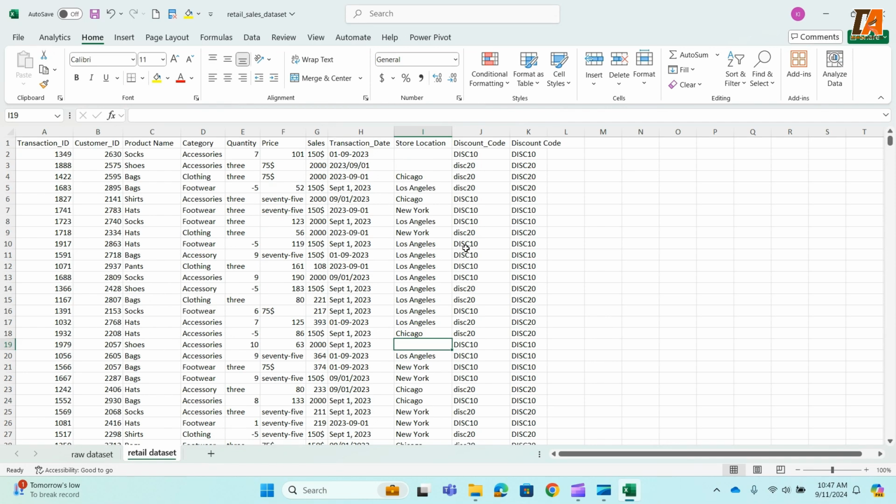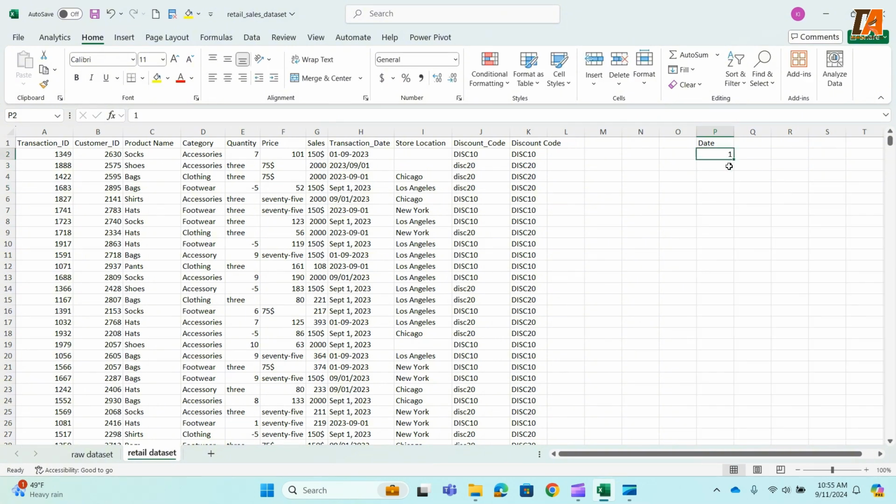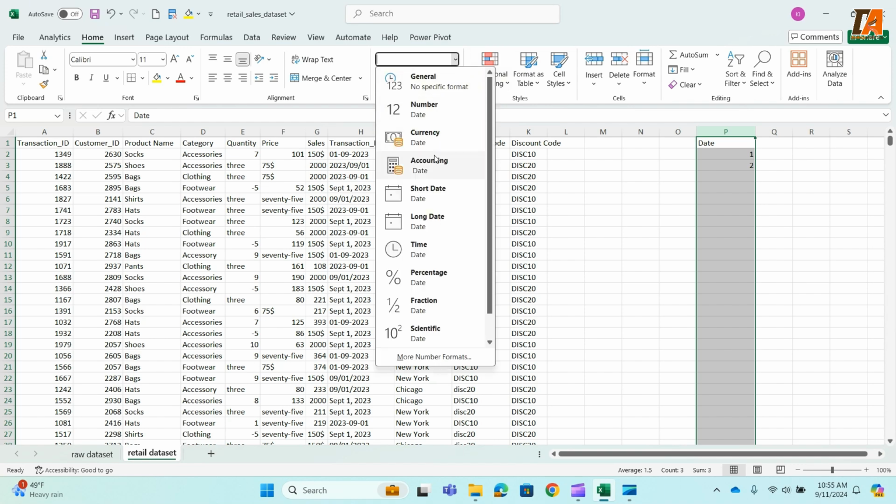So what is the next thing for us to do? Let's work on our dates. On the date, let me give you a little explanation. In Excel, a date is seen as a number. For instance, if I come in here and put just 1 and 2, normally this is a number, formatted as a number. Now if we pick this column and format it as a date,